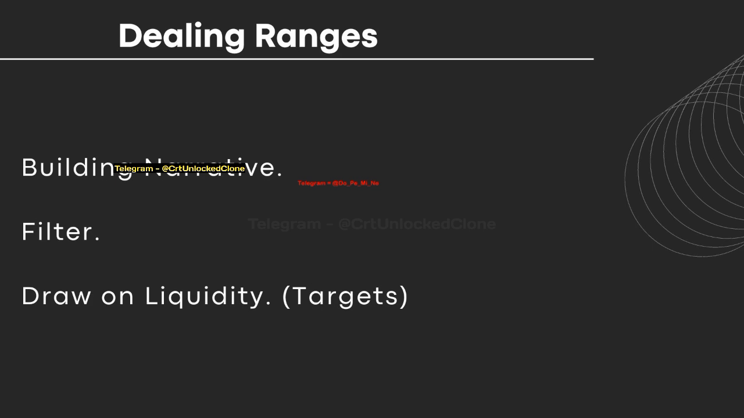The third aspect of the dealing range is that it can be used for determining and refining your draw on liquidity. Let me tell you how. For example, if we are in a bullish market condition, with a bullish dealing range, we know that price will tend to retrace to a discount key level before moving higher. So with that in mind,